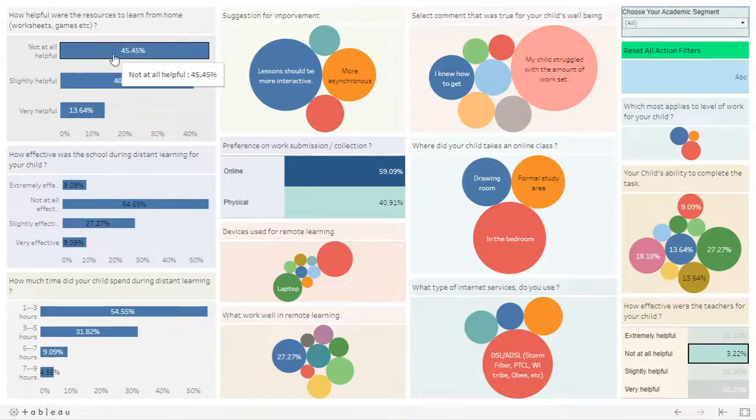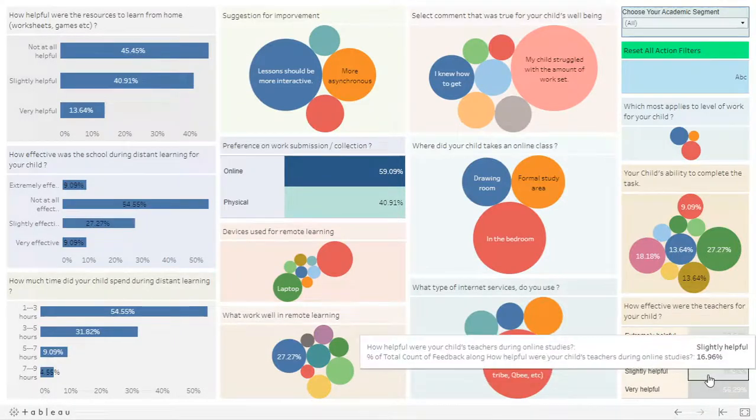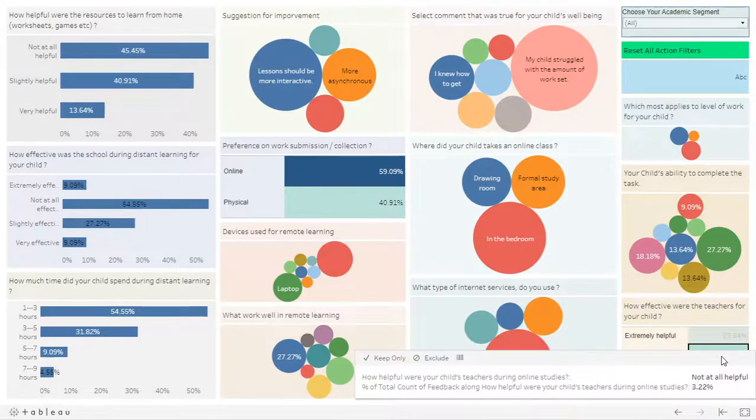at all. It means this is a correlation, that they do not have good resources. They are feeling that they do not have good resources. They are not getting help from the teachers. Additionally, if you look at this